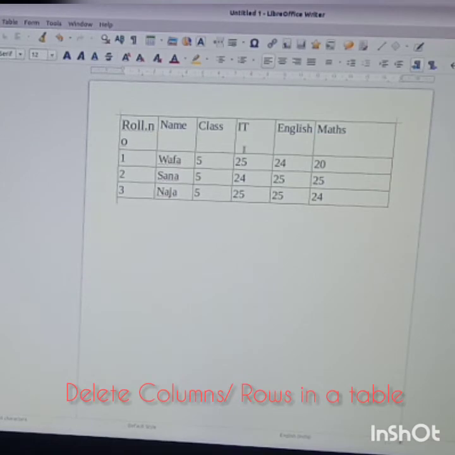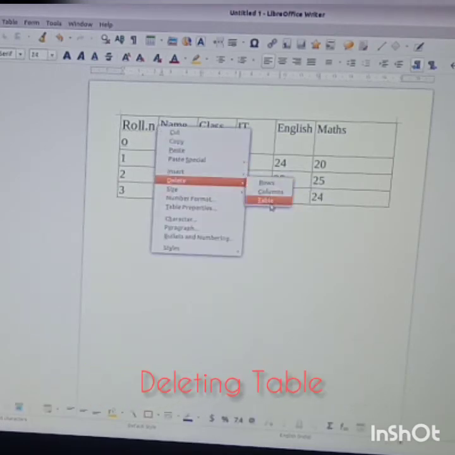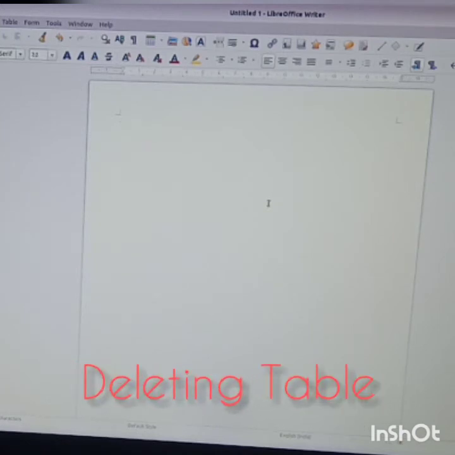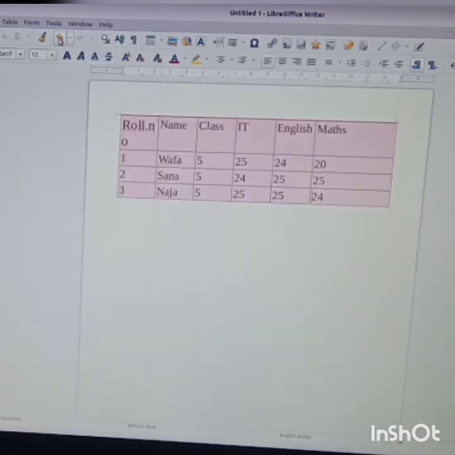We have to delete this table. How we will delete this table children? We will select this. Okay. Then delete table. Can you see delete table here? When we click, the entire table is deleted. And if we want to get it back, we will do undo. Undo, it will come back. Okay. So this is how we delete.